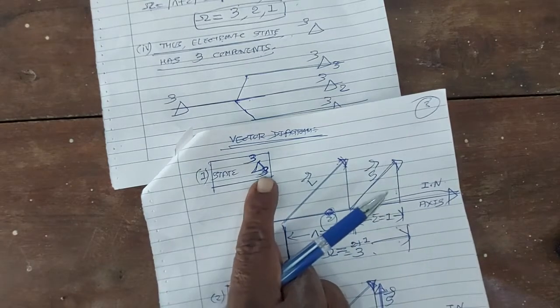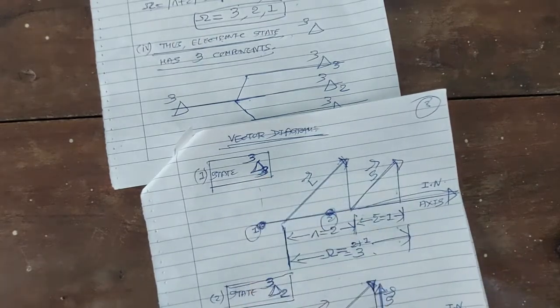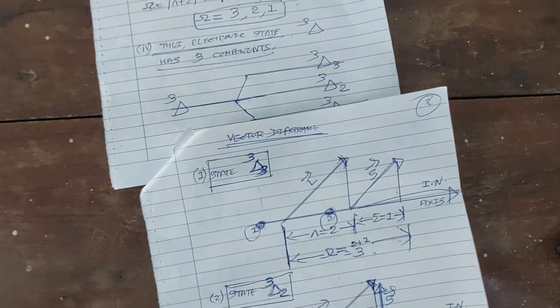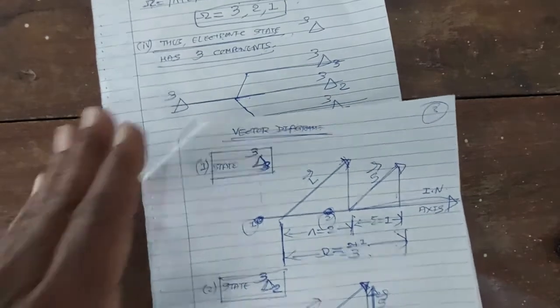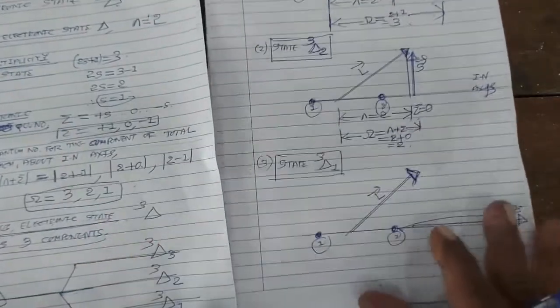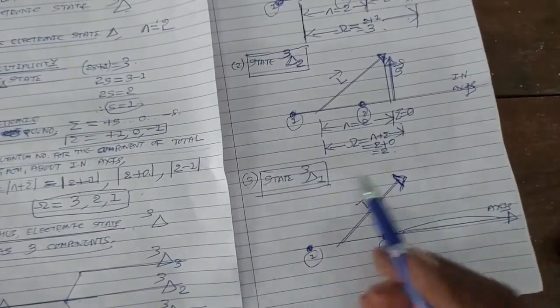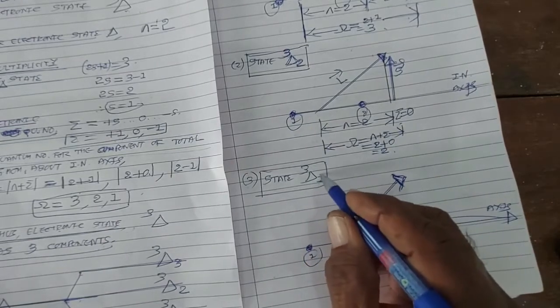So in the first case, total quantum number is lambda plus sigma, 2 plus 1, 3. In the second state, the total quantum number omega is lambda plus sigma, 2 plus 0, that is 2. Okay. And in the third state, because delta state is split into 3 states. Okay, now let us draw the vector diagram for the state delta 3 1, where total quantum number is 1.